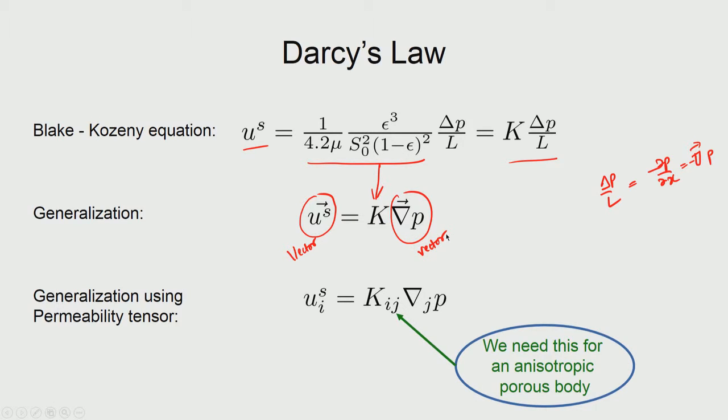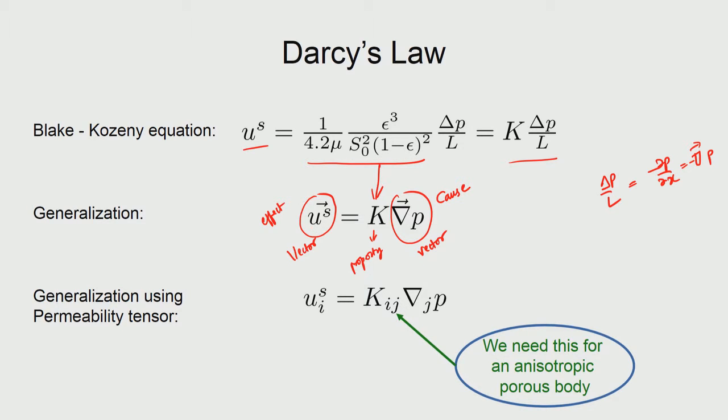Okay. So, from what we have studied earlier about the constitutive relationships relating cause and effect, if you want to call this the cause and this the effect, that is, due to pressure drop an effect, namely the fluid flow, is taking place. If you want to think of these as cause and effect, then this must be a property. Okay. And as per the tensorial relationships that we have seen, if cause and effect are vectors, that is tensors of order 1, then the property can be, in the most general case, a tensor of order 1 plus 1, that is 2.